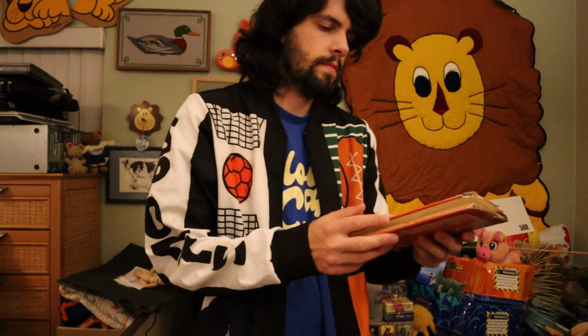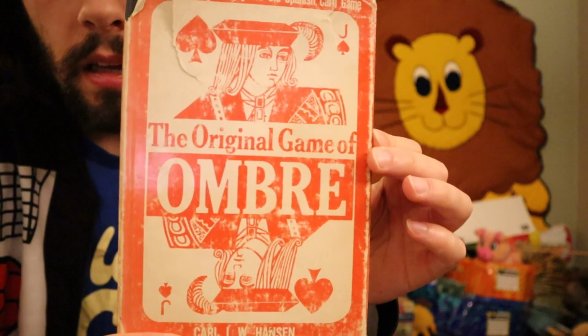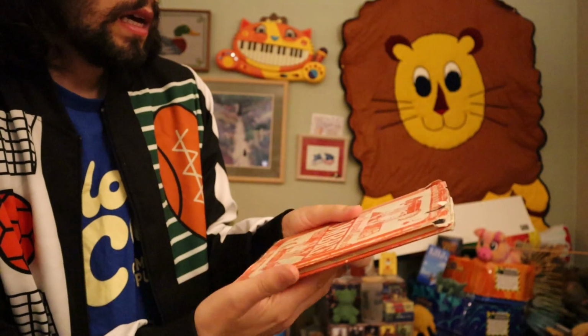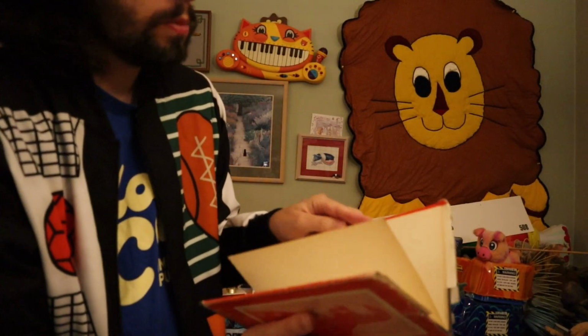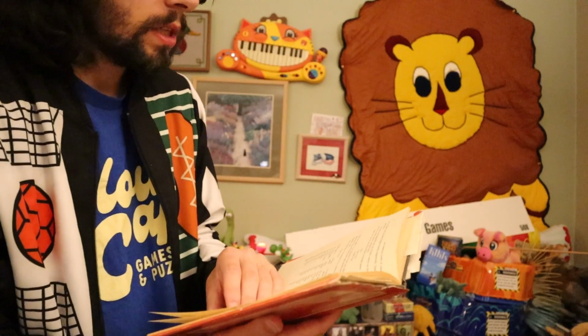David, the amazing David sent me the original game of Ombre. I don't know what it is. I love old books. First off, what a back. I love older books that say the word trick in them. Is that a weird thing to just love? There's something to where I'm looking through old books, especially like with this, is it typeface or font? Where you're looking at